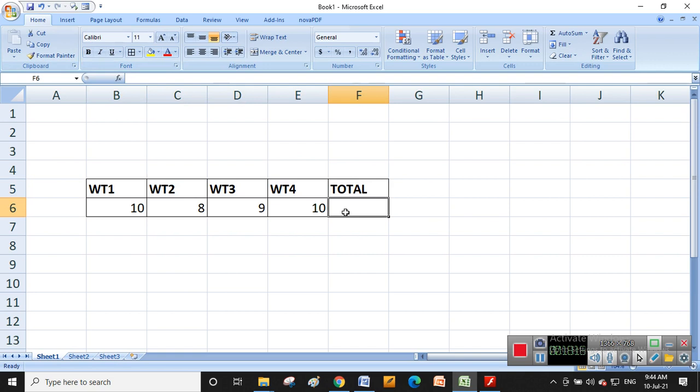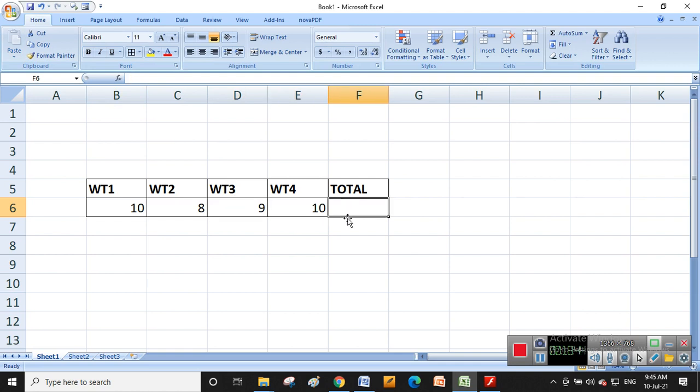So first method I am telling that. So total calculate करना है is by using the formula. So first method is that we have to enter by typing directly in the cell. माने cell का name directly लिखना है. Like see weekly test 1 जो marks it is there in the B6. Yes or no? B6 में है. Weekly test 2 marks are there in C6. Weekly test 3 marks are there in D6. Weekly test 4 marks are there in E6.